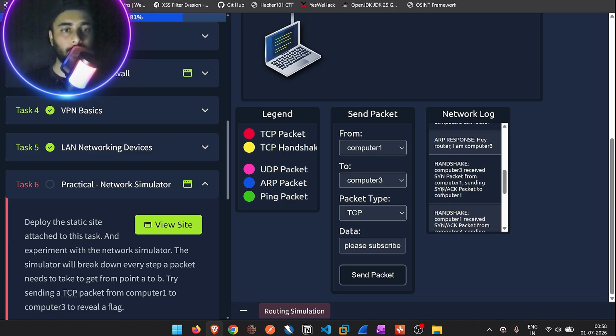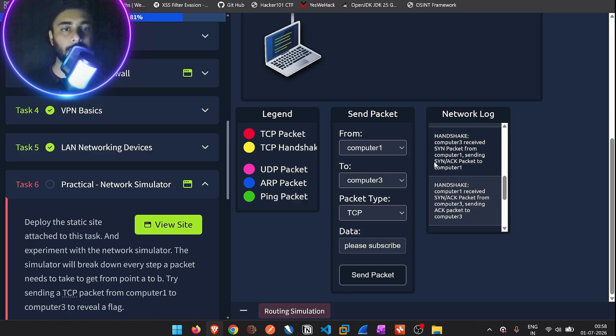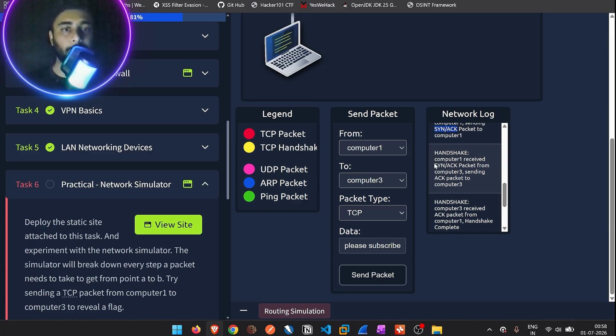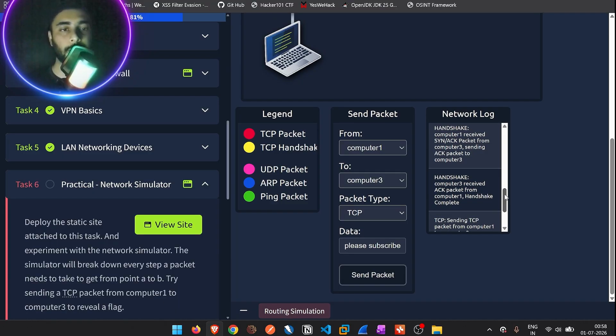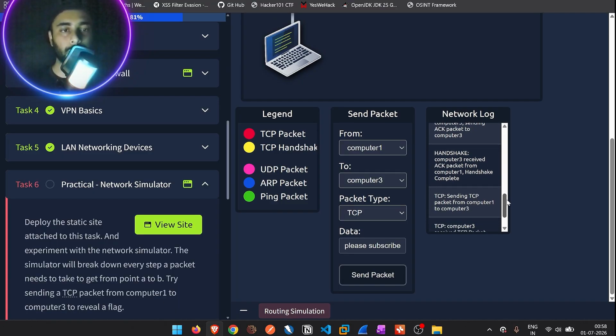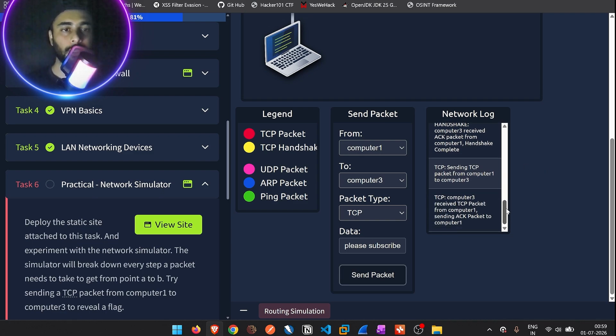और एक्नॉलेज किया कि यस, आई हैव रिसीव्ड योर SYN पैकेट, और एक SYN-ACK पैकेट वापस सेंड किया कंप्यूटर 1 की तरफ। तो वो पैकेट कंप्यूटर 1 ने रिसीव किया और एक्नॉलेज भी किया कि हाँ, मुझे आपका SYN-ACK पैकेट मिल चुका है। उसके बाद डेटा ट्रांसफ़र होना स्टार्ट होता है। नाउ कंप्यूटर 3 रिसीव्ड एक्नॉलेज पैकेट फ्रॉम कंप्यूटर 1, हैंडशेक कंप्लीट। यहाँ पे हमारा हैंडशेक कंप्लीट हो गया।